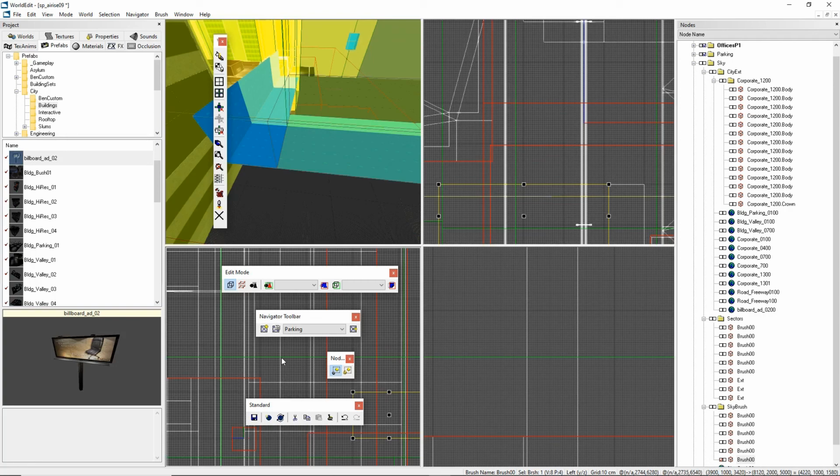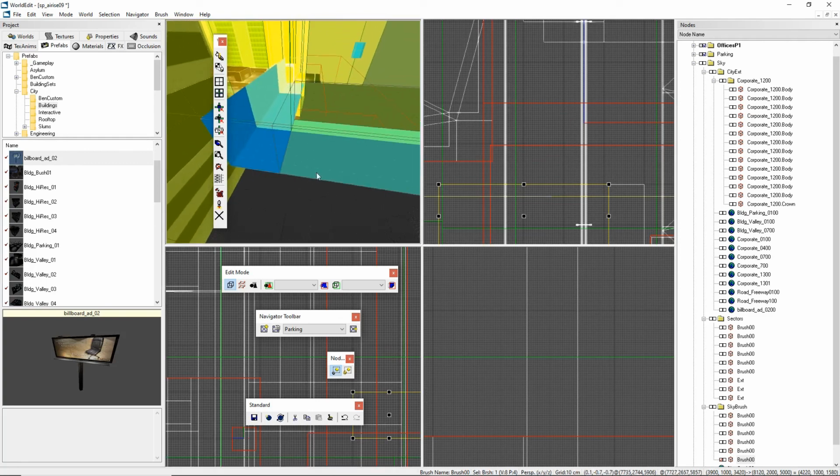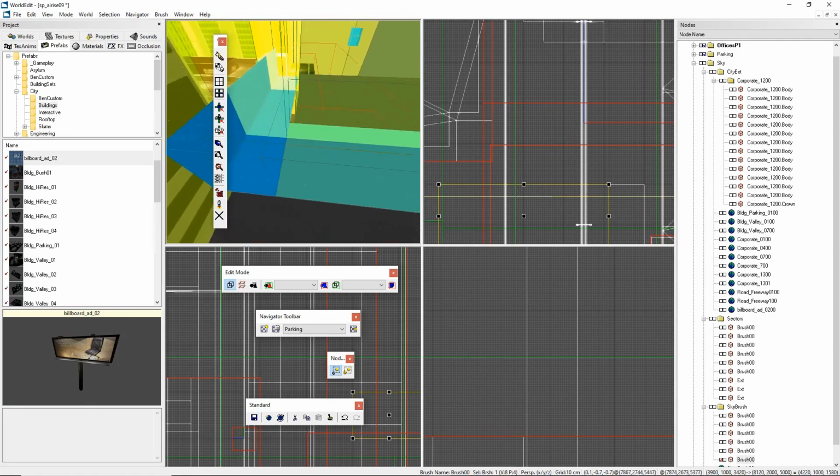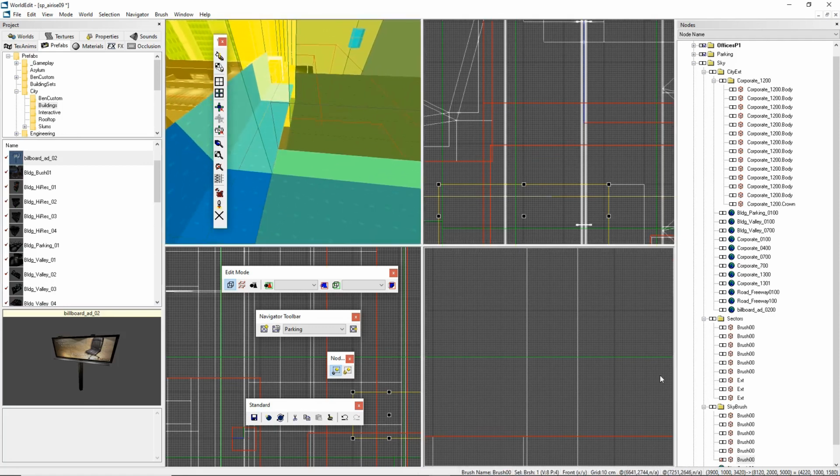The last thing I will check is the bottom row here. This bottom row has all the statistics and information in the level. So I have my position, which changes with my mouse, where I am, it's all written here at the bottom. I have the name of the brush selected. I have my grid size,